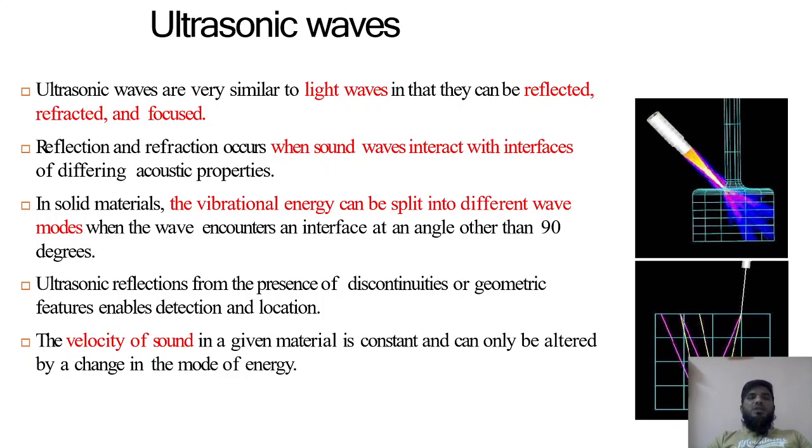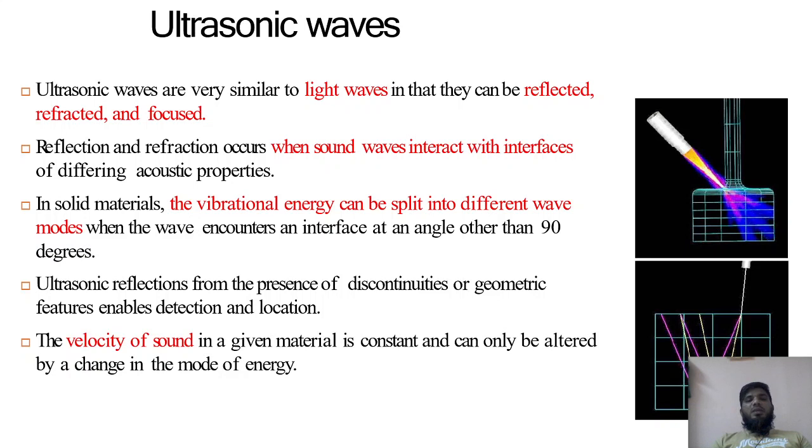Reflection occurs when sound waves interact with the surface of different acoustic properties. For example, if you have wood and glass, the way the wave behaves in the glass and in the wood will be of a different nature. Because of these different media, a refraction process happens between the two surfaces. Just like light, when it enters from an air medium to a water medium or from water to air, it gets deviated from the normal. The same thing happens with sound waves. Based on the type of medium and its acoustic property, the nature of the sound waves will deviate and its energy will decrease.